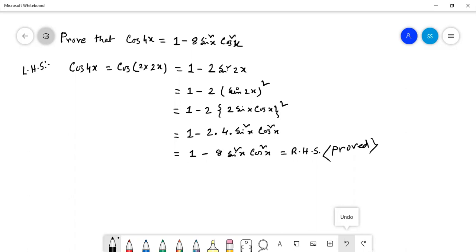तुमको जो प्रूफ दिया जाएगा उसमें लेफ्ट एंड राइट हैंड साइड को ठीक से देखो. If you find it very carefully, it will give some indication to you of where you are and where you have to go. Then you have to find out the formula which is appropriate for this. ठीक है? Okay, sir. Yes, sir. Then we are going for the next problem.